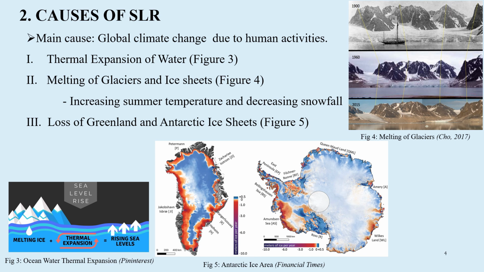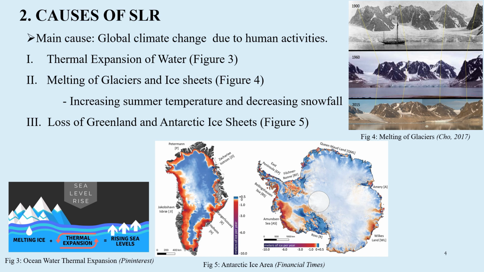As shown in figure 4, the area of the glacier ice between 1960 and 2015 is decreasing. Not only summer temperatures, but nowadays snowfall has also been decreasing due to late winters and early springs, which combined with rising summer temperature has resulted in